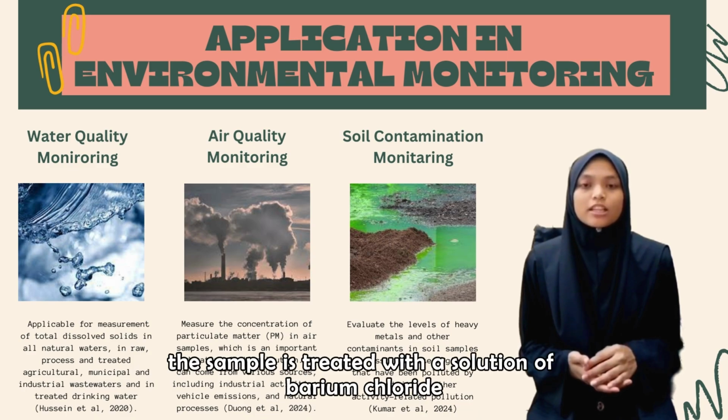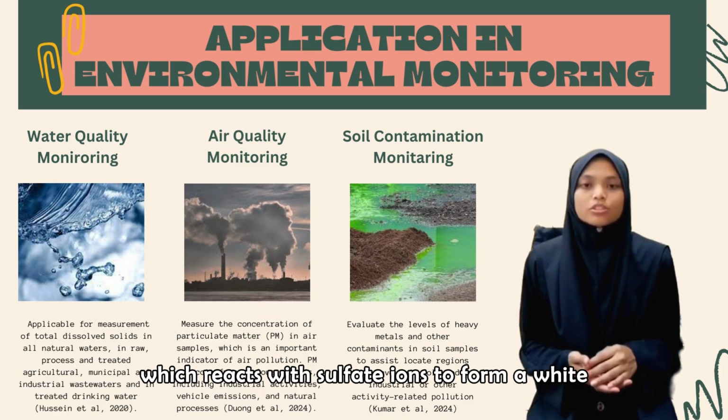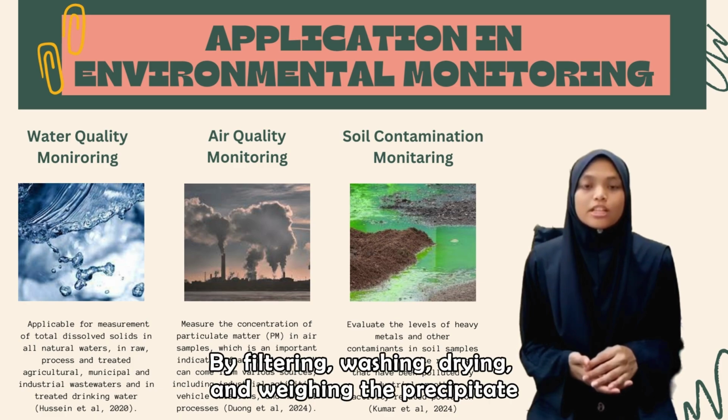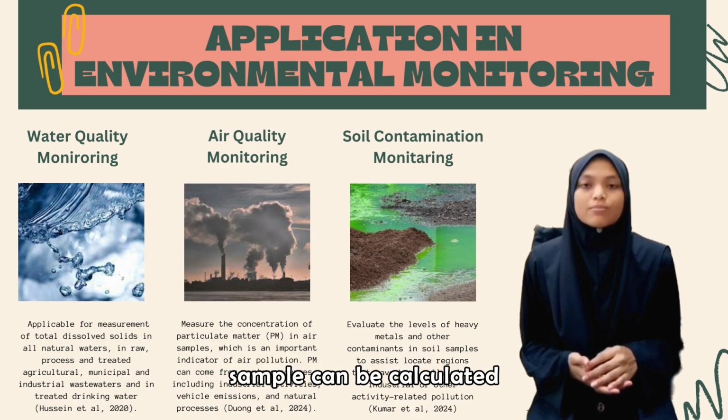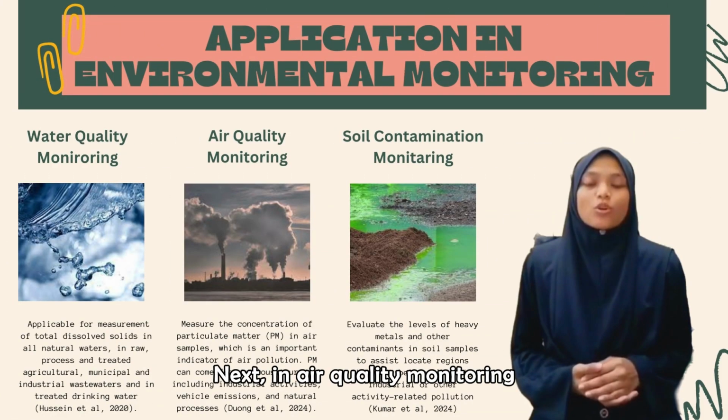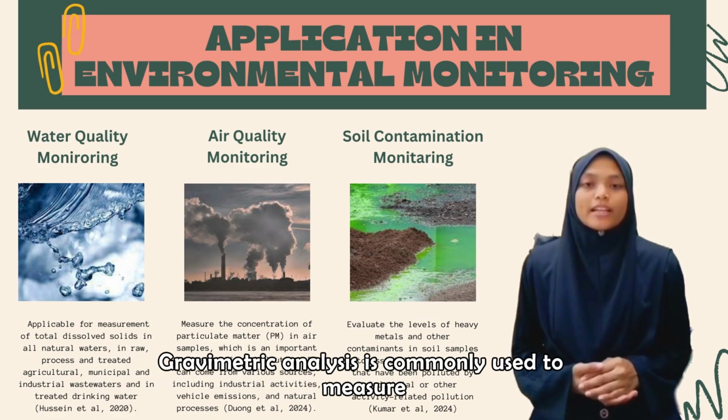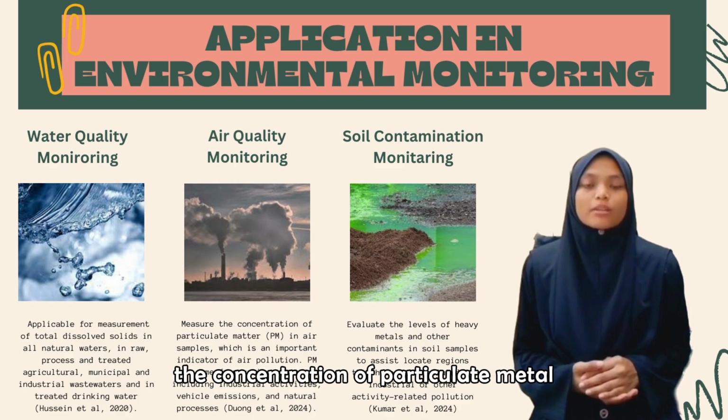The sample is treated with a solution of barium chloride, which reacts with sulfate ions to form a white precipitate of barium sulfate. By filtering, washing, drying, and weighing the precipitate, the amount of sulfate ions in the water sample can be calculated. Next, in air quality monitoring, gravimetric analysis is commonly used to measure the concentration of particulate matter